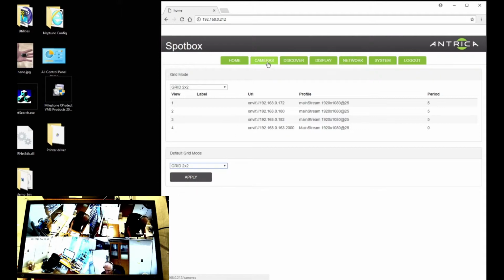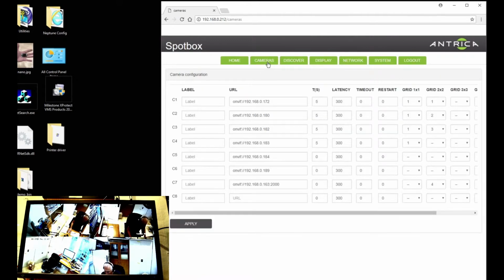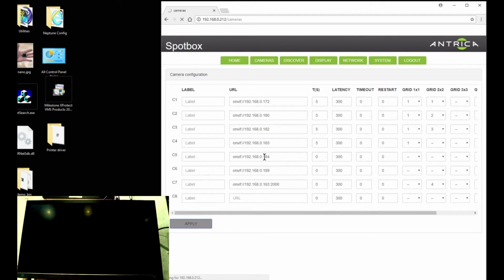The second new feature, if we go into cameras, what we can do now is actually define individual cameras with a new grid 1x1 mode. And this means that we can have individual full screen cameras which will cycle every 5 seconds. So the number of seconds is set here in TS, and if you've got all these 4 cameras as I have here set up, and I want to put them in full screen mode, if I apply that, then at